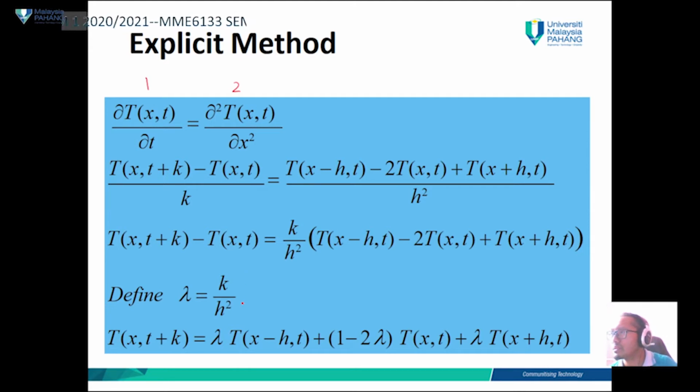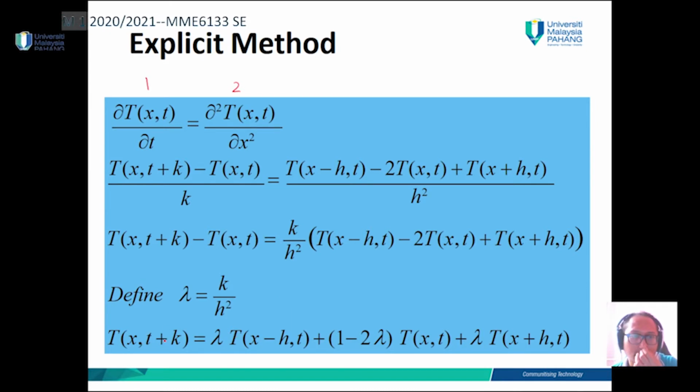So this equation can be written for all the interior nodes on the rod, and it then provides an explicit means to compute values for each node for a future time based on the present values at the node and its neighbors. We have to notice that this approach is actually a manifestation of the Euler method for solving a system of ODEs. That is, if we know the temperature distribution as a function of position at an initial time, we can compute the distribution at a future time based on the equation that we have here, where